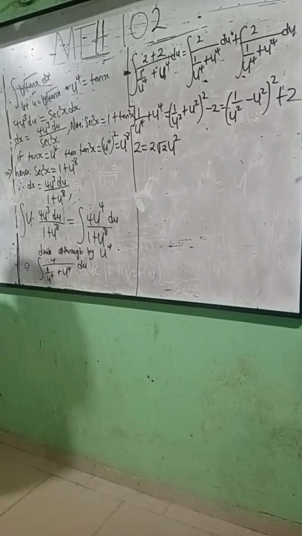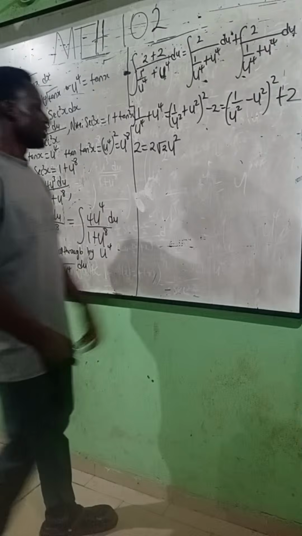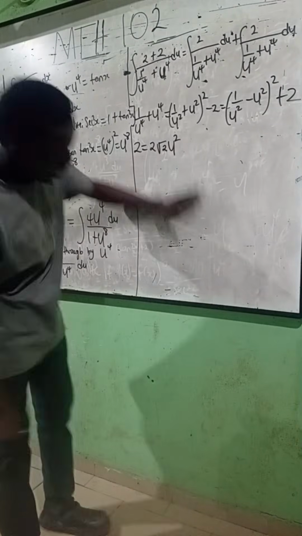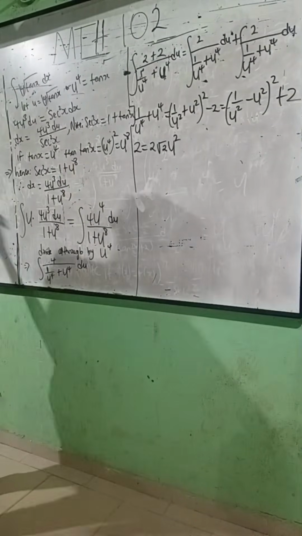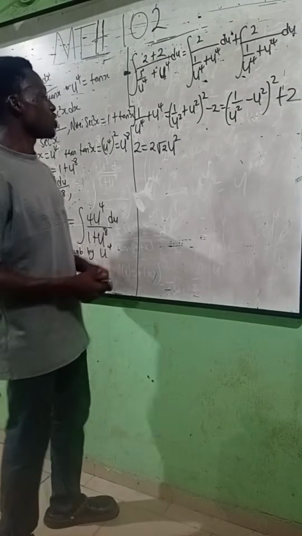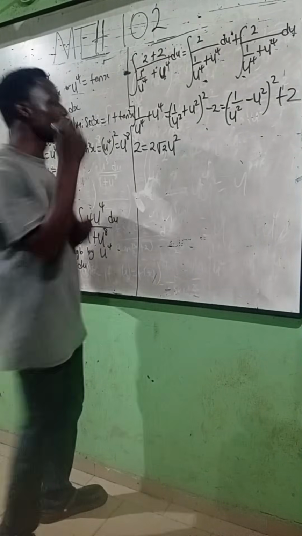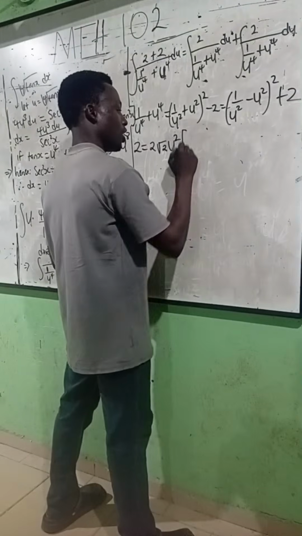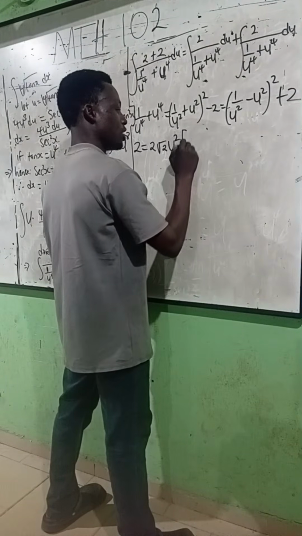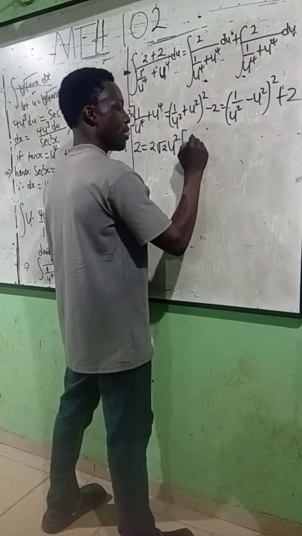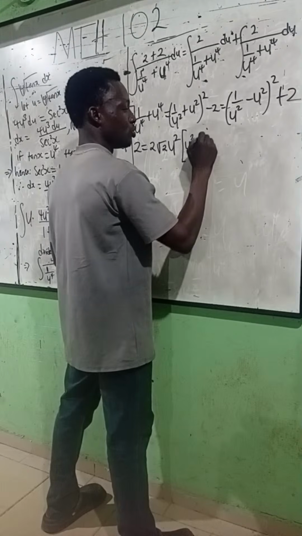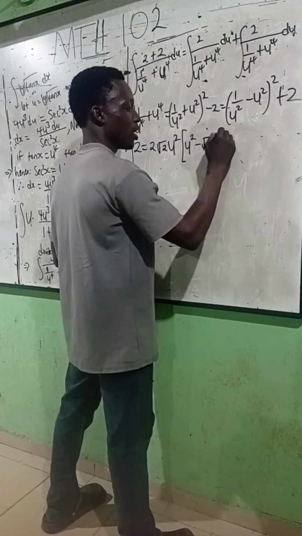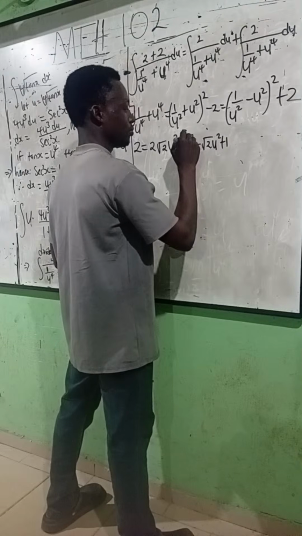It will be long. Yeah, that's why I don't use fire fraction. This one, once I'm done with this part, I will not use more than this part again. We will arrive at the final answer. So here we have 2 equals to 2 root 2 u square, all into bracket u square minus root 2 u square plus 1